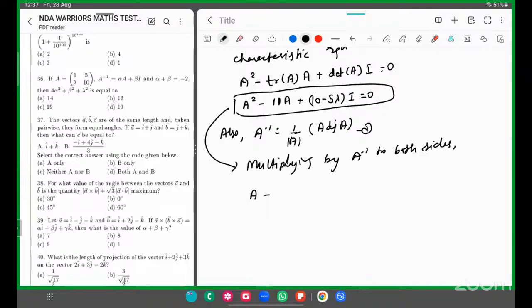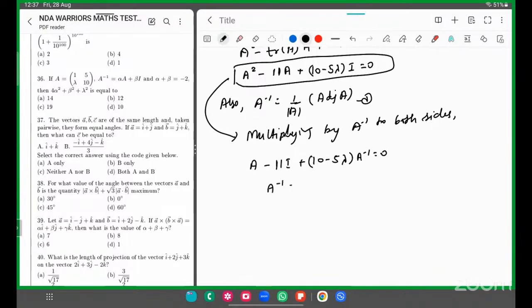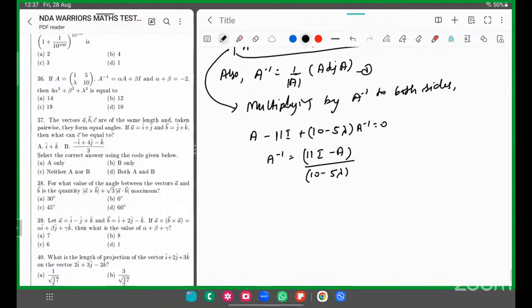multiplying by A inverse to both sides. A minus 11 आइडेंटिटी हो जाएगा और यहाँ पे हो जाएगा (10 माइनस 5 लैम्डा) A इनवर्स इक्वल टू 0। तो यहाँ से अगर मैं A इनवर्स का वैल्यू निकालता हूँ तो आपको क्या मिलेगा 11 इंटू आइडेंटिटी माइनस A डिवाइडिंग इट बाई 10 माइनस 5 लैम्डा लाइक दिस। ओके। अगर इसको हम मल्टीप्लाई करके अलग अलग कर लेते हैं सपोज तो 11 अपॉन 10 माइनस 5 लैम्डा